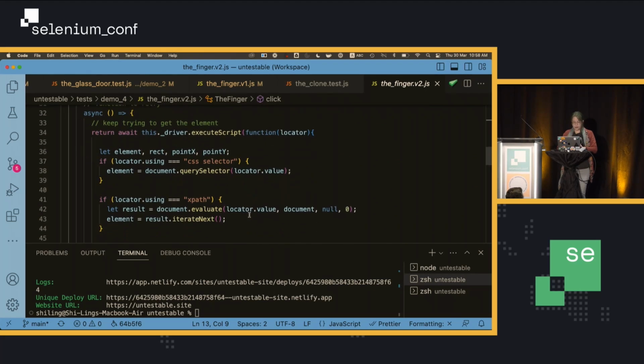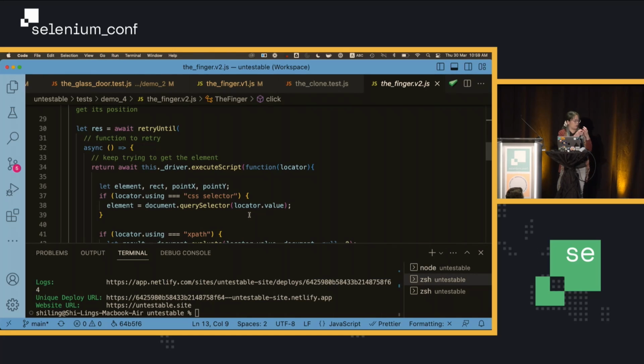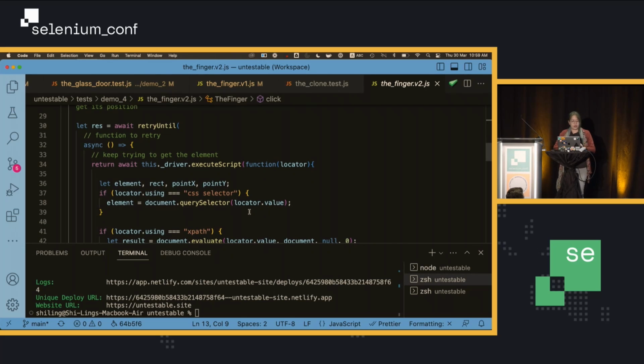Because the code for querying and finding the element is a bit long, in order to save time, I've already written this part. Let me just explain what this is doing. There are two parts to this. There is an automatic retry and polling mechanism.